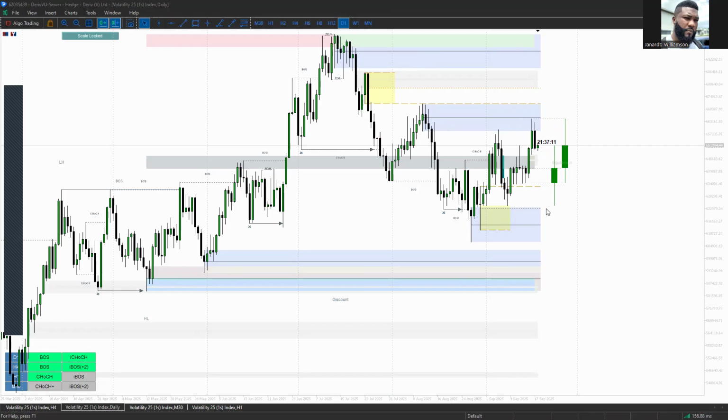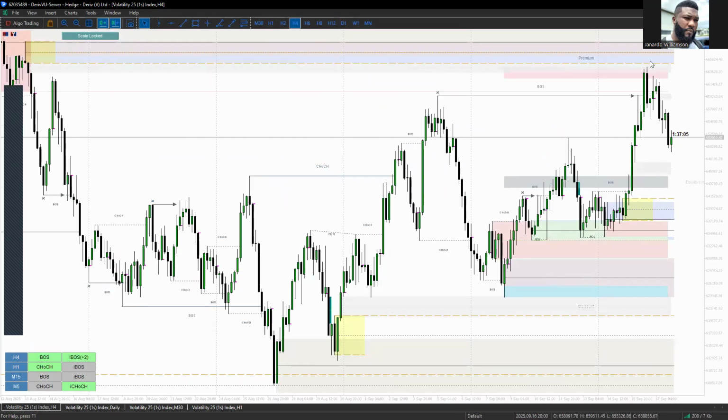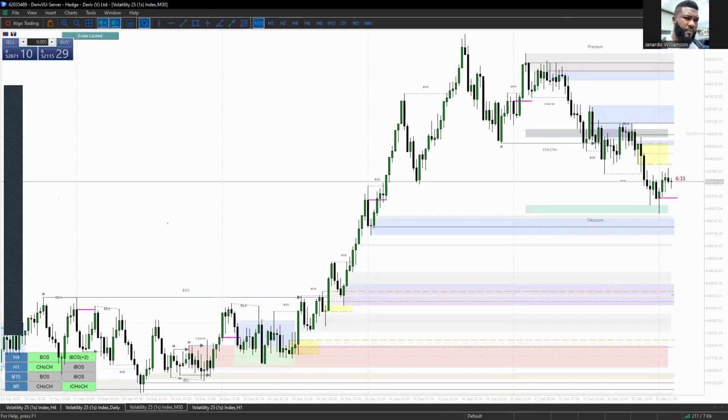Going into the 4 hour time frame, we had a test of this. When you refine the daily order block, we refine it into a 4 hour supply level as well. It revealed a fair value gap, and we tested this perfectly. Immediate rejection, we tried to go back up, and we just sold right back off here. Now, there were many entry opportunities here to catch this sell, but let me go down to the 1 hour